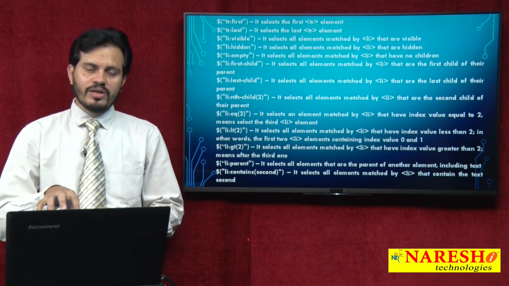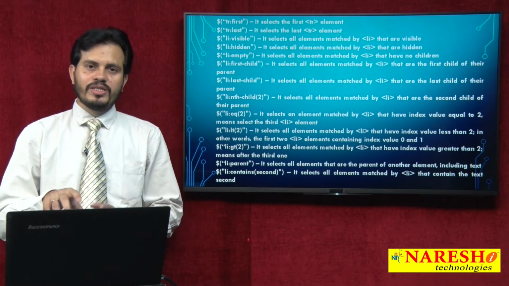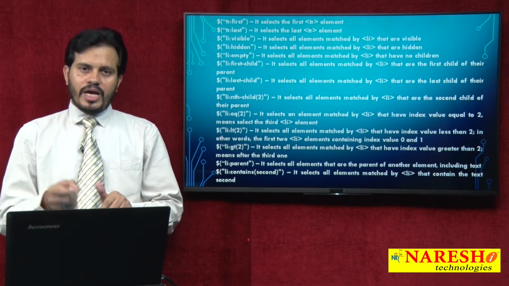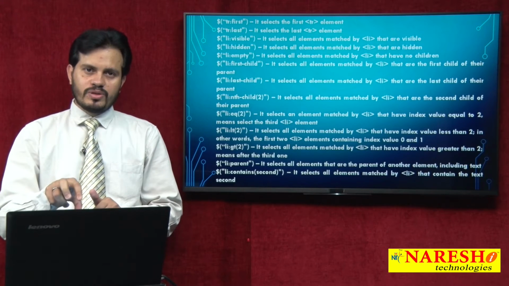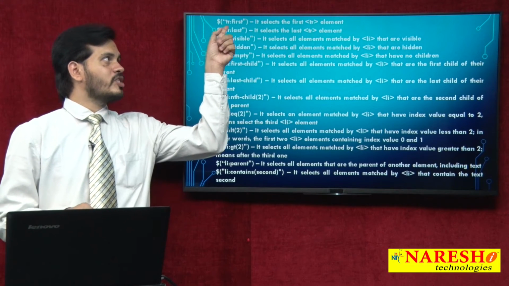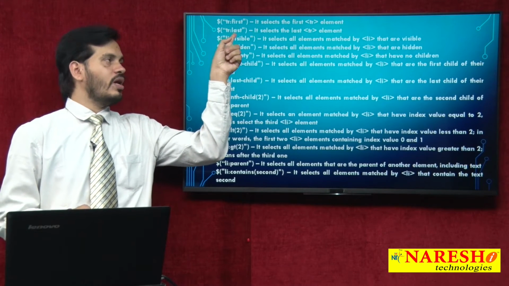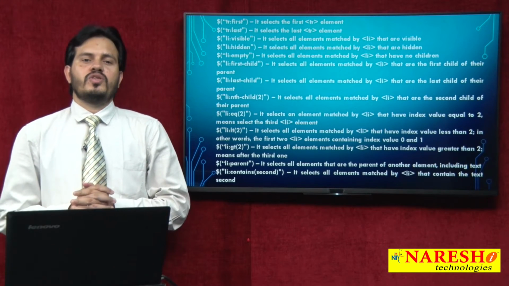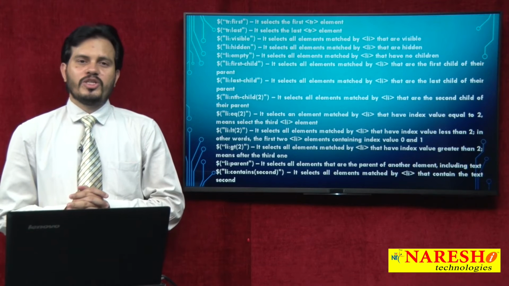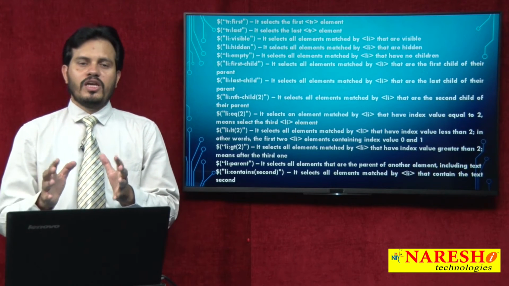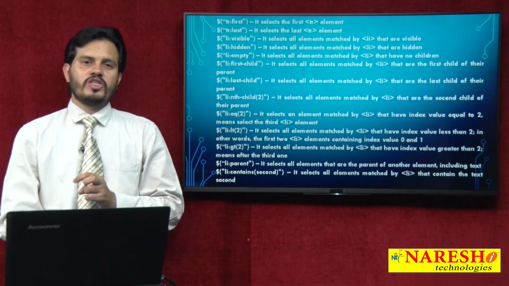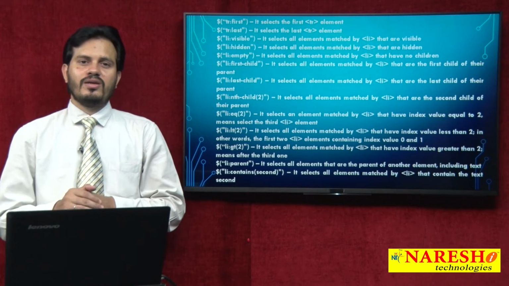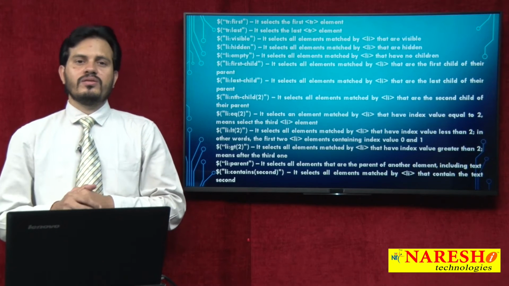By default it looks for all the tr elements in the entire HTML document, and then filters based upon this selector expression, :first and :last, only the first tr and only the last tr. So whenever you need to perform an operation not on all the tr, but only on the first tr or the last tr,